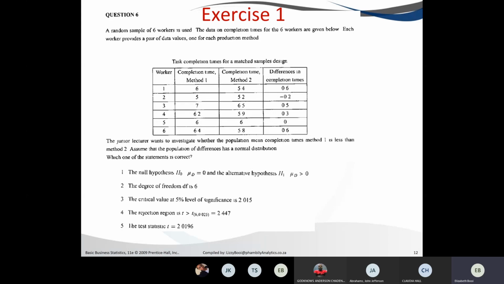I looked at a couple of papers. You don't have to calculate the difference. They've already calculated them for you. So the only thing that they do not calculate here is